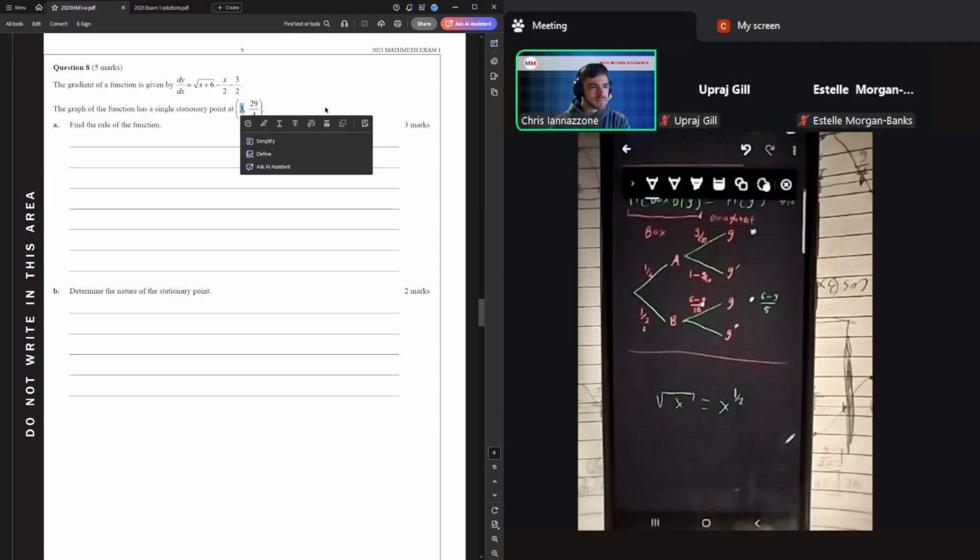Probably a safer bet, instead of setting gradients equal to a value, is to just do the two x values either side of this. If you want to do a similar approach, you would test like x equals 4, x equals 2, and see what's happening either side of that. It's a safe bet because it says it's a single stationary point, so you can never test too far either